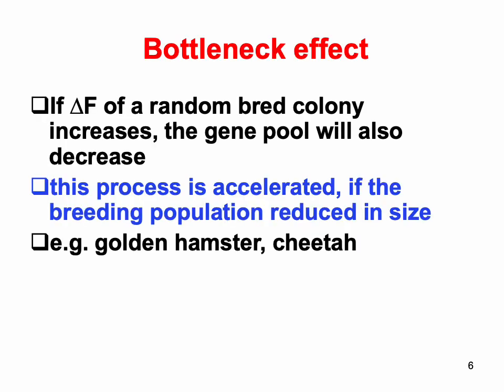Another danger of small animal size is the bottleneck effect. If the delta F of a random bred colony increases, the gene pool will also decrease. This process is accelerated if the breeding population is reduced in size. It is the case in the golden hamster population, which came from one family, which Colonel Middleton took with him from Syria,